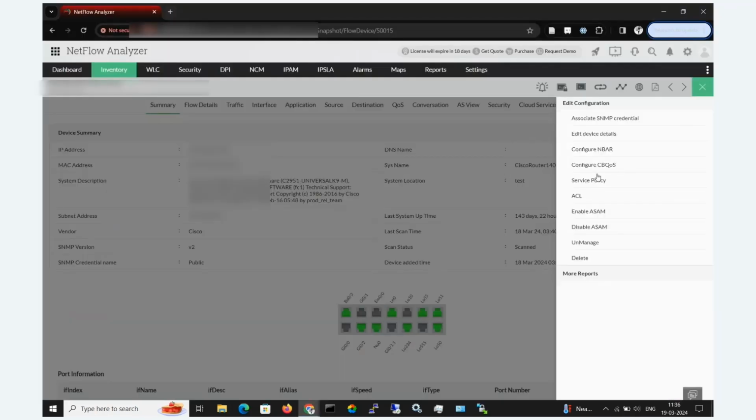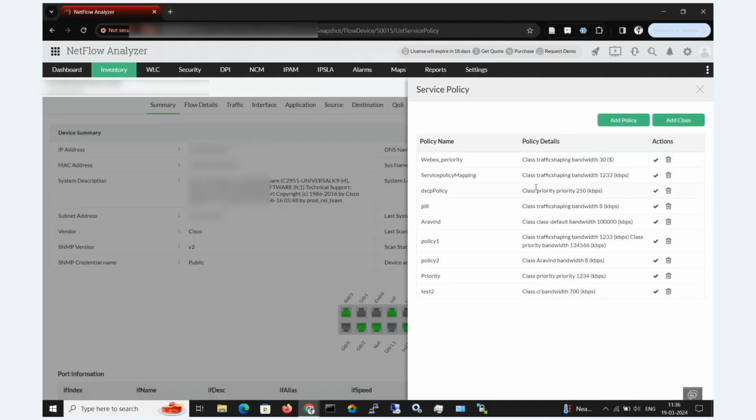So again, to configure a service policy, you can click on the service policy option. You can add a class to your applications or select the criteria and add them to an existing class, after which you can assign them to an existing service policy or create a new service policy based on your priority. So to add a policy,